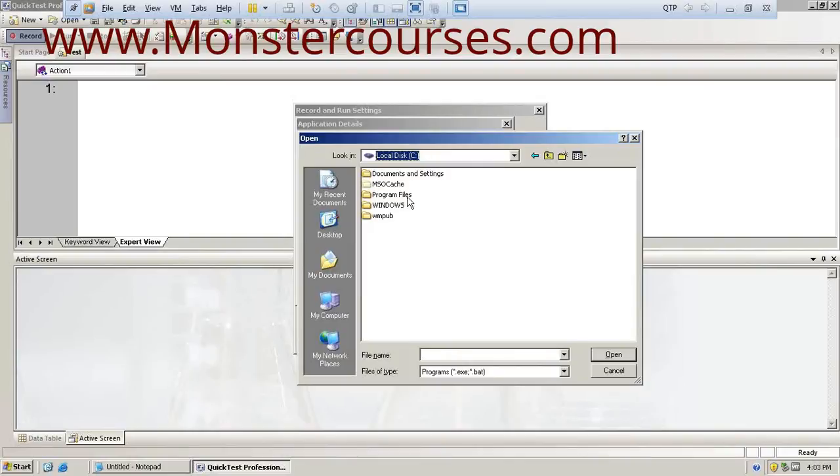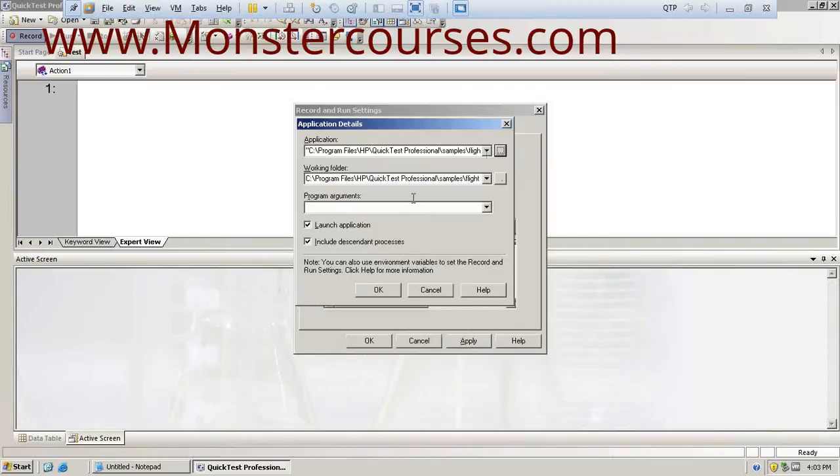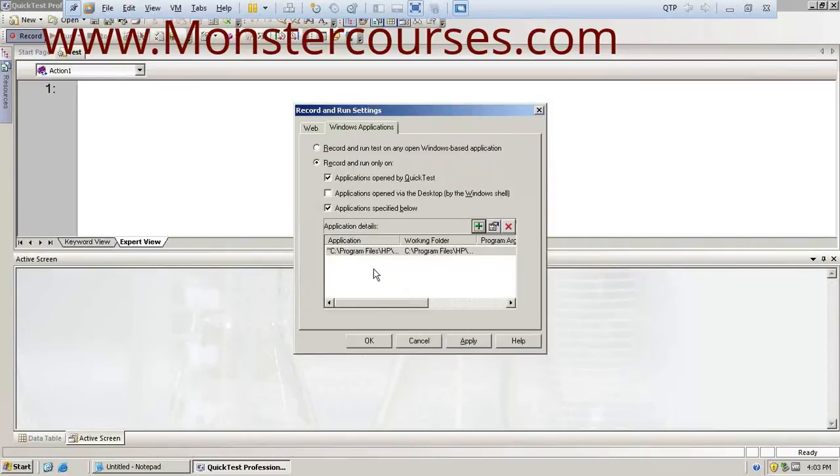To browse to it, go to Program Files, HP, QTP, Samples, Flight, Application. We have three versions here: Flight 3A, Flight 4A, and Flight 4B. I'm selecting the version Flight 4A and clicking Open. Now the path has been captured here, just click on OK.